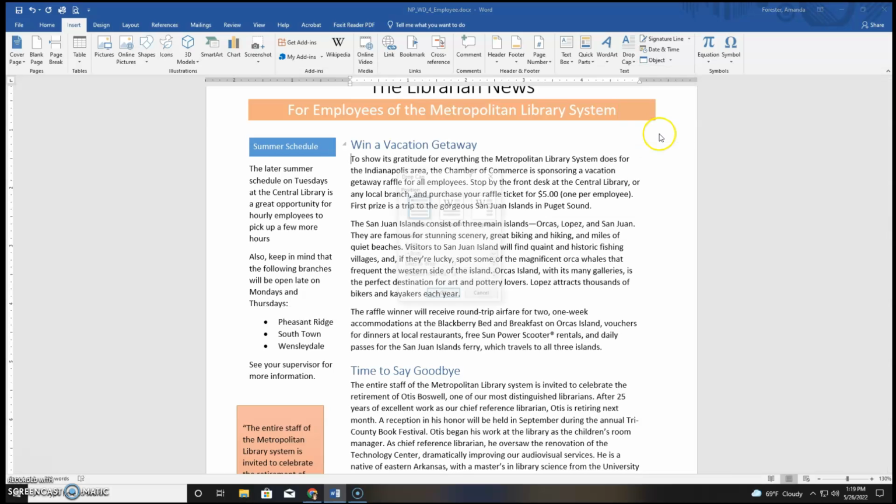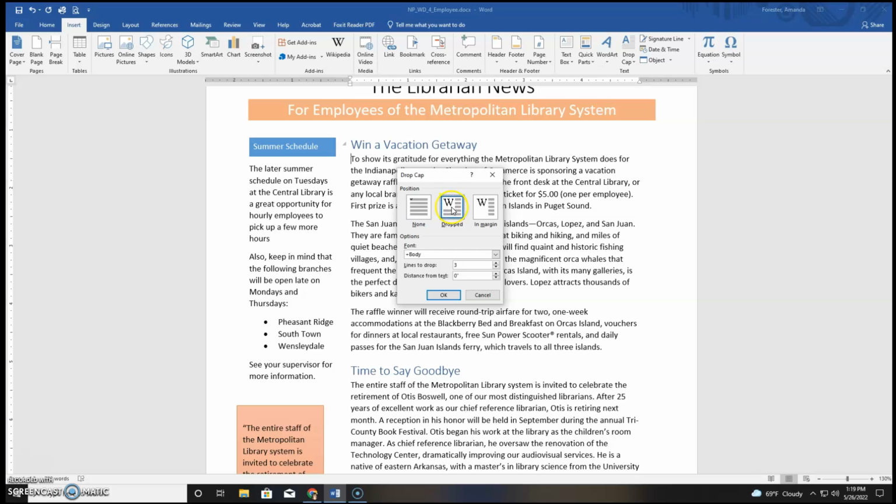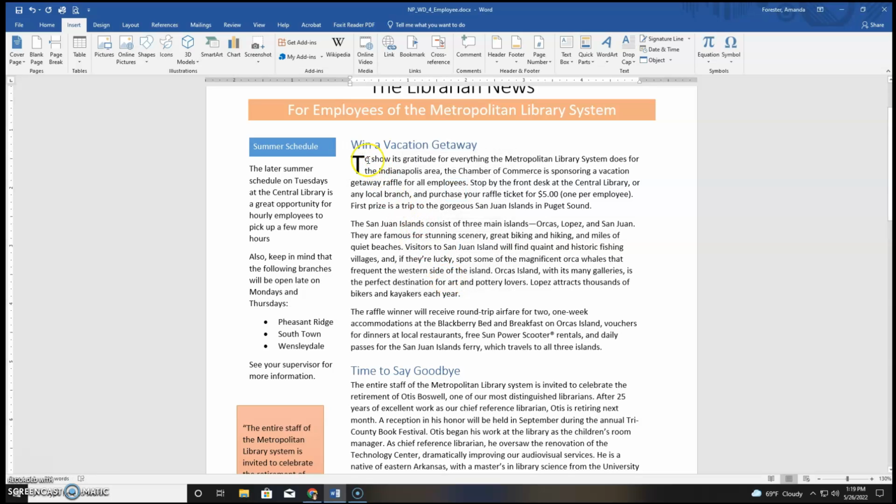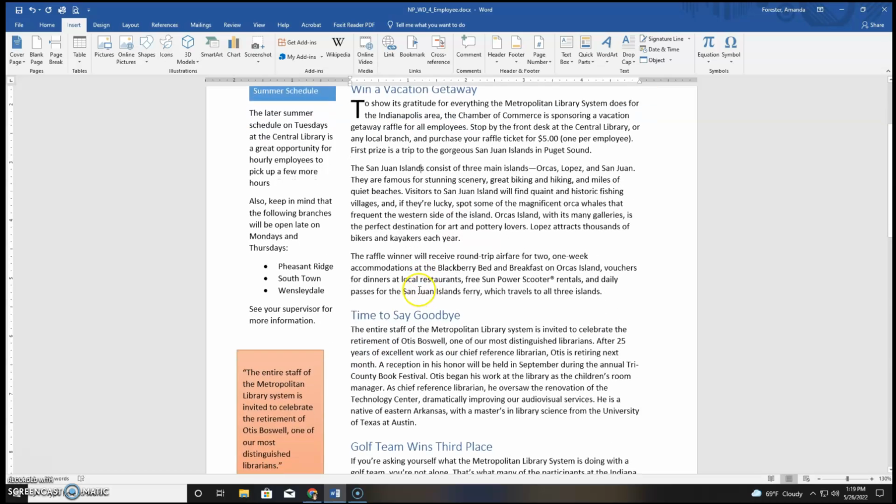So we have to go to the options. We have to choose dropped. And then we change lines to drop from 3 to 2. And you'll see there, it's only 2 lines. The T is larger. Now we're going to go up